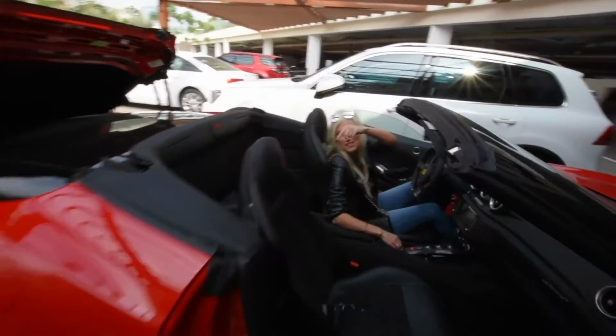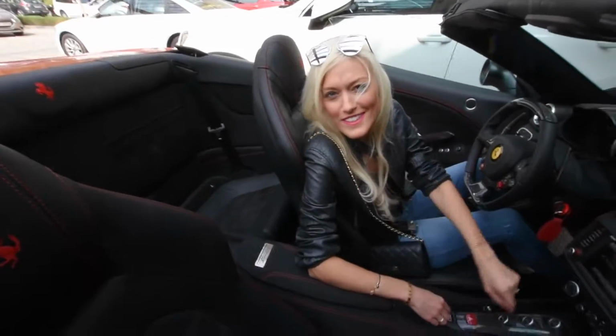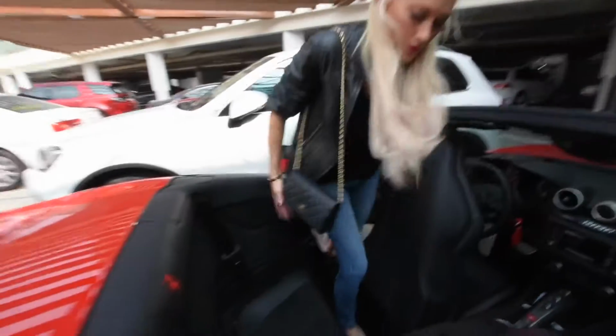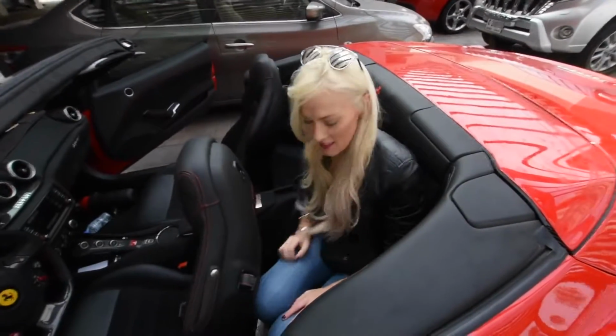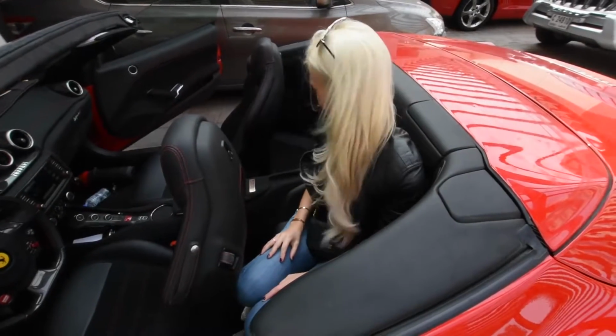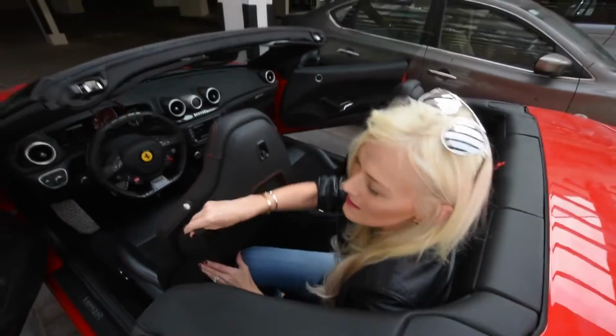As you can see, seats in the back, but look how it's perfect for my 2 dogs. I mean, it is possible. You could sit in here, but not a very long distance. It's not the comfiest seat, but you know what? It has 4 seats, so if you need it, then...